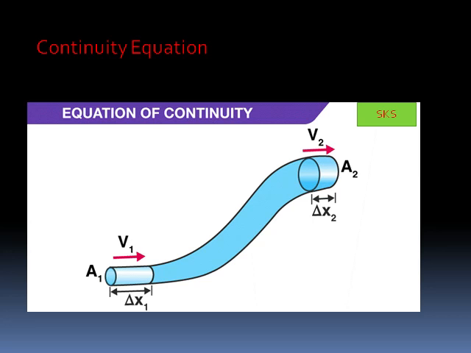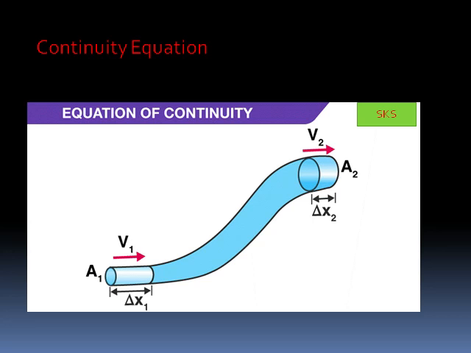That is, if we take cross sections 1 and 2, the flow rate Q will be equal, that is Q1 is equal to Q2. Flow rate is given by A into V, that is area into velocity. So the equation of continuity states that A1 V1 is equal to A2